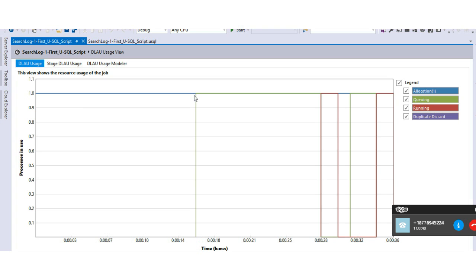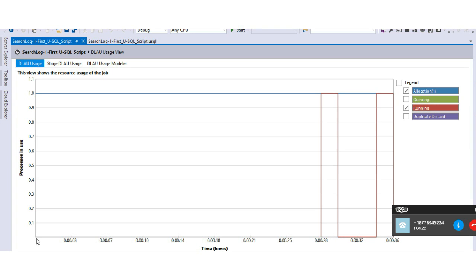So here the query is executed. It has started at 0114, and it was fully utilized. So you're seeing the allocation and the running. Let's switch this off. So this was our allocation, and the query has started at 0.03, and until this time the ADLA unit was not utilized, and only at 28 seconds has it used the complete ADLA unit that I've given to the query, right?